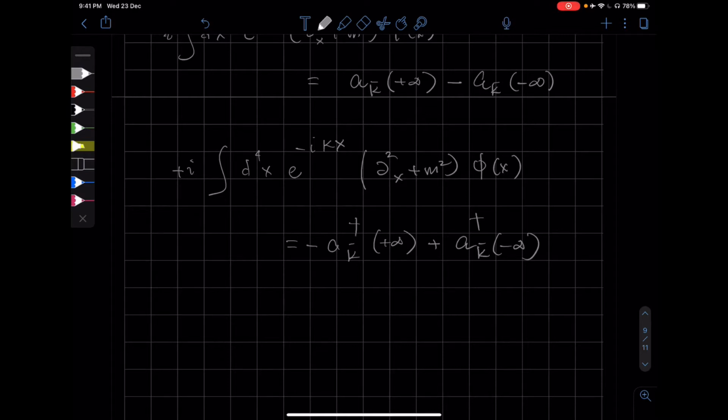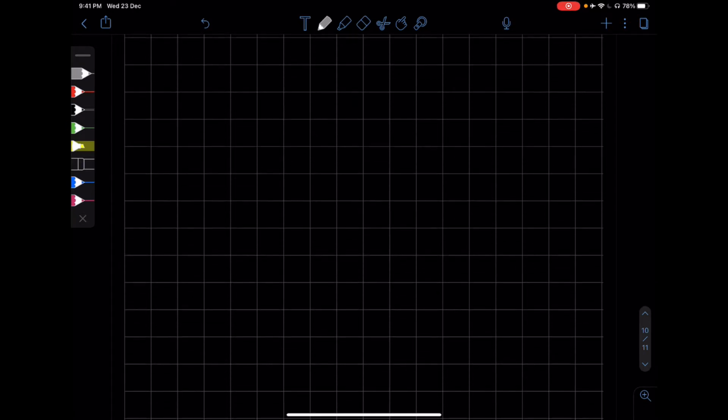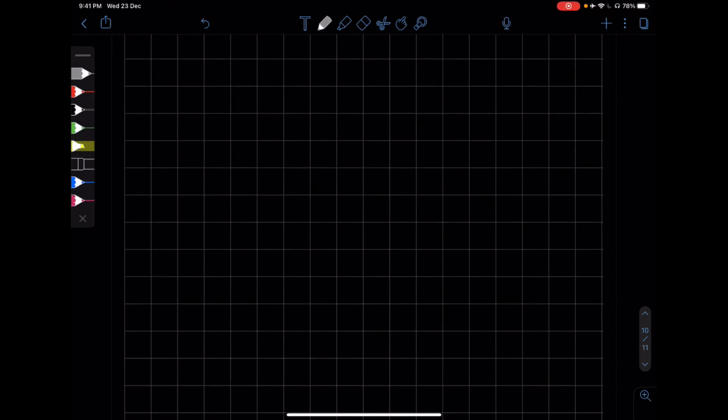So now we have proved the lemma that we wanted to show. Now we are going to use this lemma. So remember that our S matrix element FSI is given by